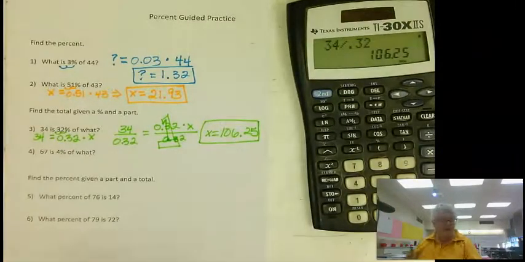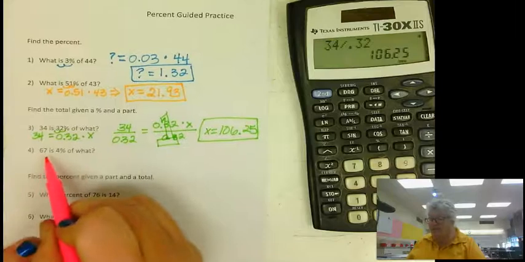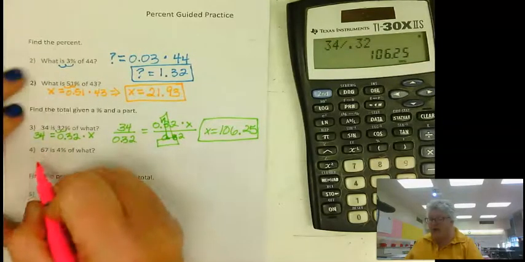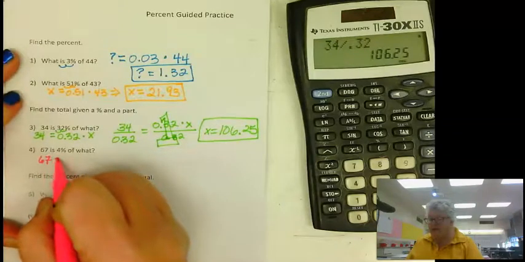Remember, if I'm going too fast, pause and go back. Because that's the great thing about the video. You can do it over and over, and I don't have to. All right, the next one. 67 is 4% of what? All right, 67 is 4%, move it,